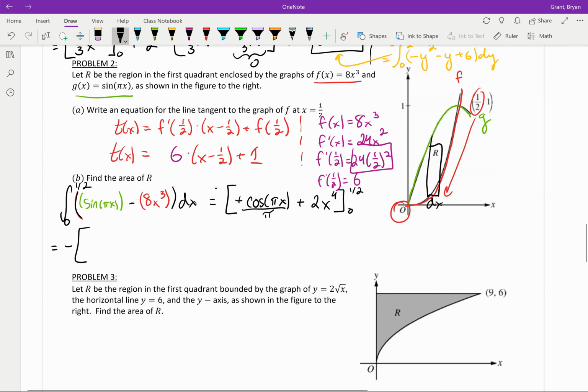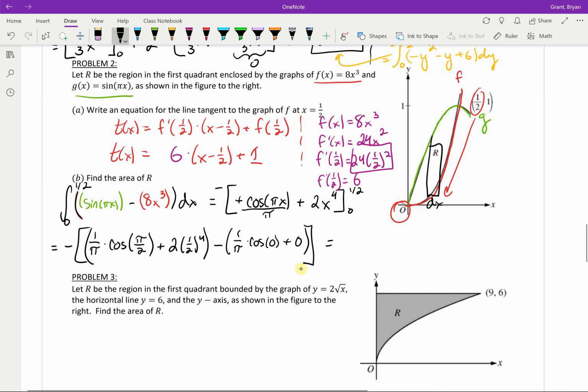You could write it like this if you wanted, but now we're going to plug in 1/2. So I'm going to write the 1 over pi out front now. We have cosine of 1/2, well that's going to make this pi over 2, right? Half of pi, pi over 2, okay, plus 2 times 1/2 to the 4th, okay, minus, now we have to plug in the lower one, so we have 1 over pi times cosine 0 times pi is 0, plus 0, okay. And then notice they're going to try and trick you here